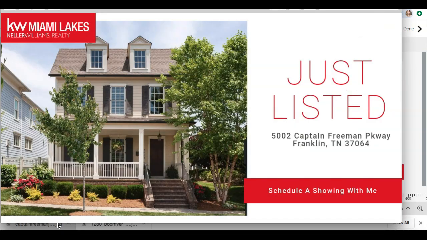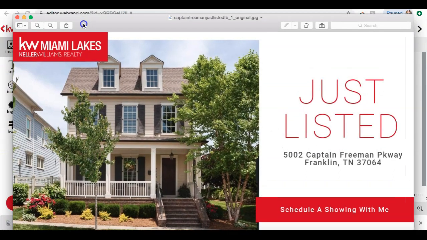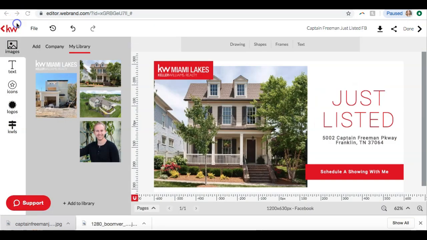There we go. Wow, so this is beautiful. And you can see it's pretty clear, everything looks good, and you can now post this on Facebook. Awesome. So I'm going to go ahead and go back, and I do want to show you how we can